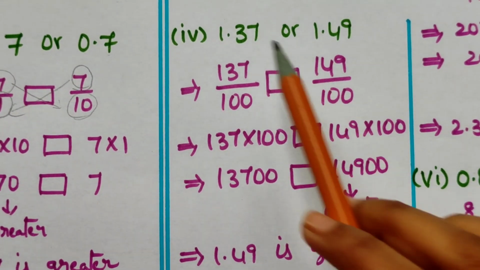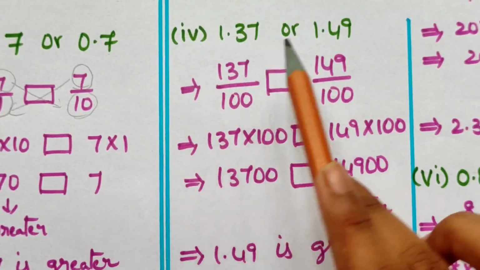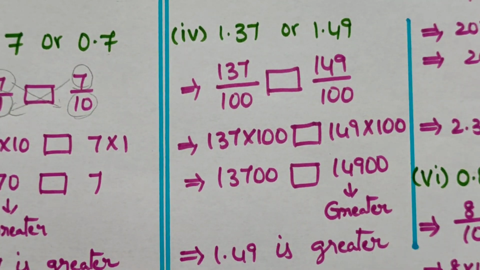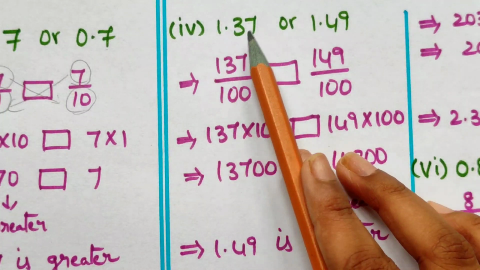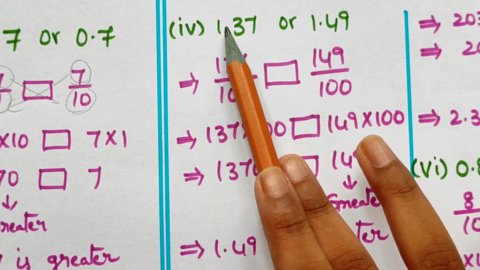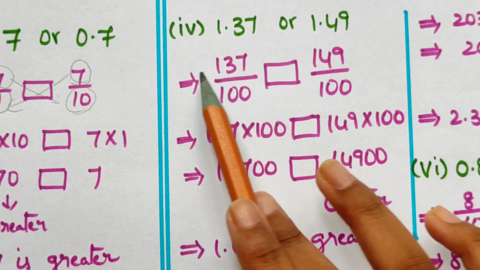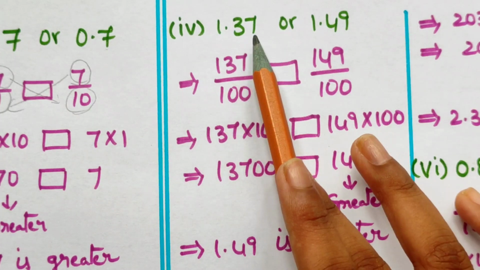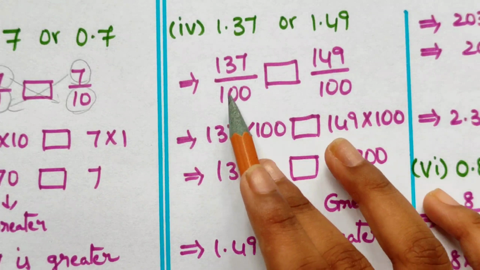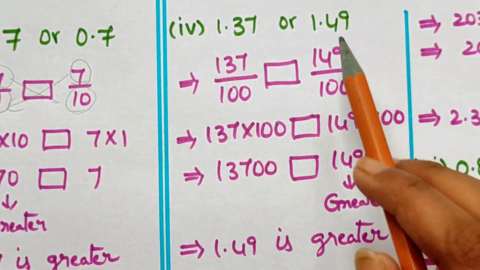Okay friends, now let us see fourth bit. 1.37 or 1.49, which is greater? 1.37, the decimal is 2 digits before. So here it is 137 by, there are 2 digits after the decimal in 37, so it is 2 zeros. You should write 2 zeros. And here let us maintain a blank. And here